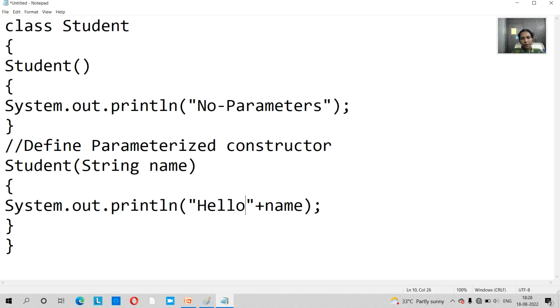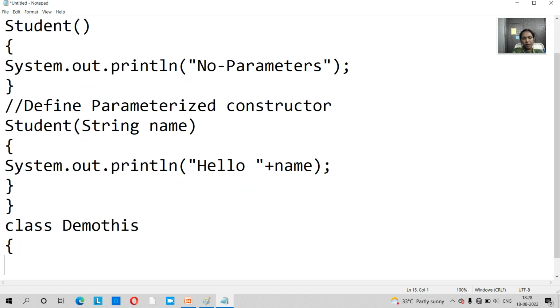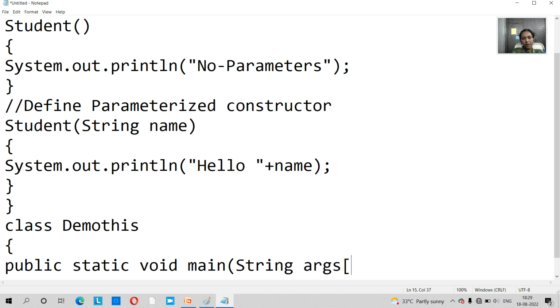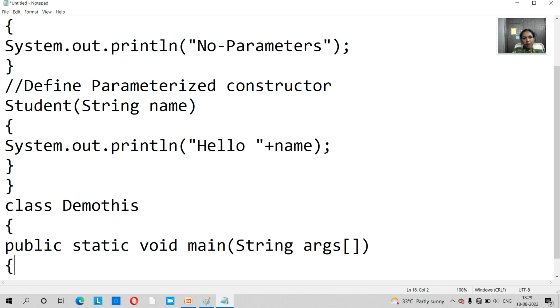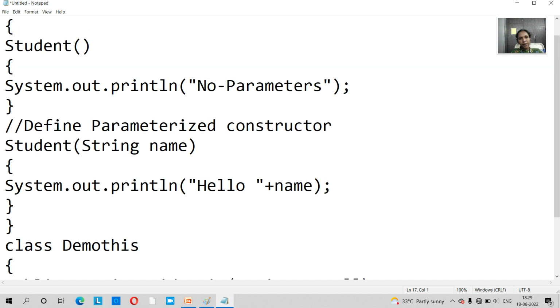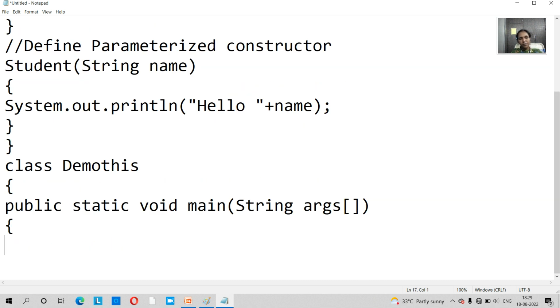Now create its main class. Always execution will be started from the main only. Class Demo this, define our main method: public static void main of String args. And now I want to create an object for the Student class with a single parameter, Student s equal to